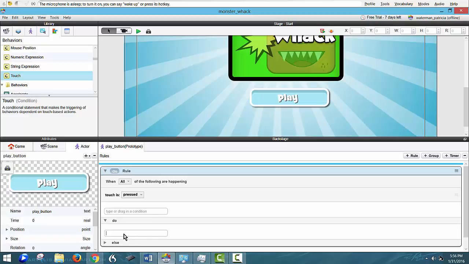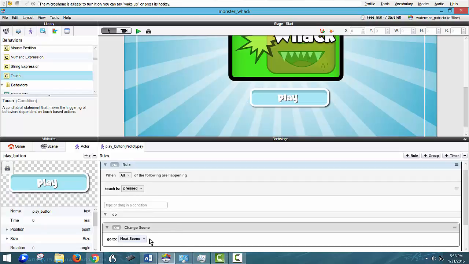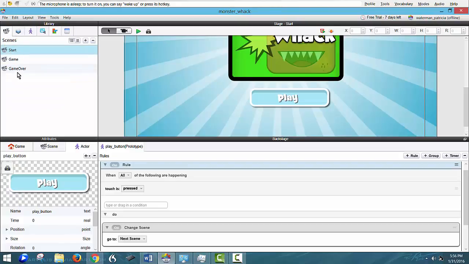What's going to happen is that we're going to change scenes. So I'm going to hit C, and then it's going to call up all of the behaviors that start with C, and I can choose the one that I think I need. And I know we need change scene, and by default, it changes to the next scene. So I'm going to go back to our Scenes tab, and you can see that there are 3 scenes: in order, the start, the game, and the game over. So when it says next scene, that means it's going to go to whatever's next down the line. So since we are creating this on the start scene,